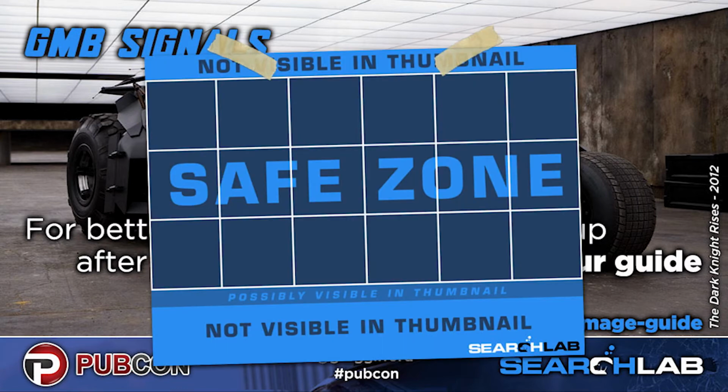So anything inside of that white grid, which is a separate layer in Photoshop, is going to be safe from getting cropped when it crops to the thumbnail view. Now, you might possibly see a little bit above the grid or a little bit below the grid, but anything in the grid will always be safe, so you can be sure that your important image elements are inside the grid for the thumbnail view, and the rest of the image becomes visible when they click to see the full post.